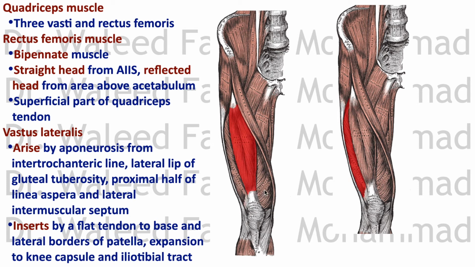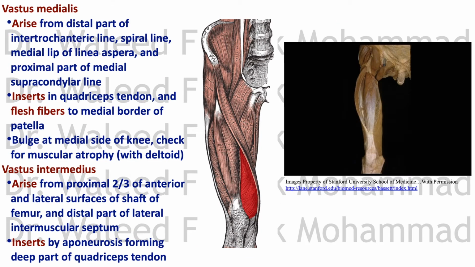Together with the vastus medialis, it forms the middle layer of the quadriceps tendon. So the layer on top is the rectus femoris, then in the middle are the tendons of vastus lateralis and vastus medialis muscles. The vastus medialis muscle arises from the distal part of the intertrochanteric line that leads to the spiral line on the back and the medial lip of linea aspera, and then the proximal part of the medial supracondylar line. It inserts in the quadriceps tendon together with the vastus lateralis as the middle layer, and